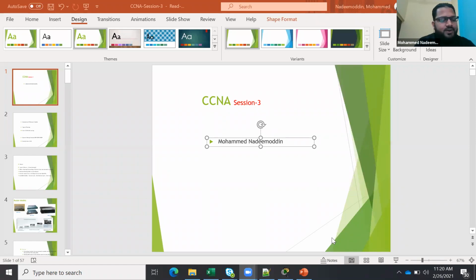Then in layer three, we started with the gateway. We understood what is the need of a gateway. We did router on a stick. Then after that, we understood the multi-layer switch, which is nothing but the solution to router on a stick. Because if you want to communicate between two different networks, then you need a gateway, right? So the gateway has to be configured on a layer 3 device. Router on a stick was not a good solution because there was a single point of failure, so we got the multi-layer switch.